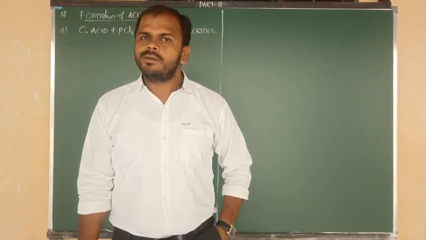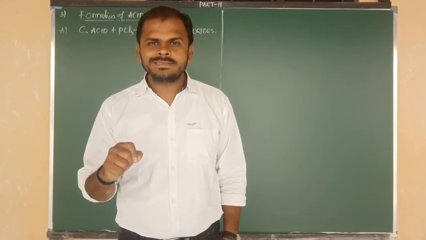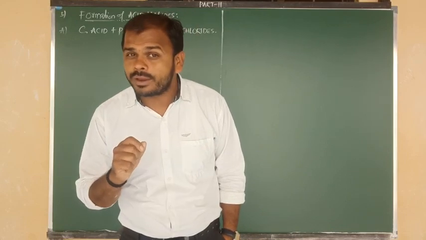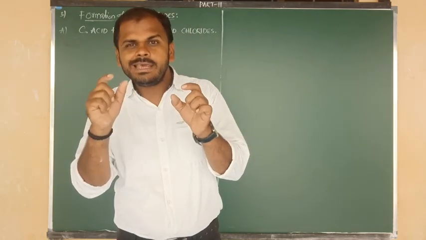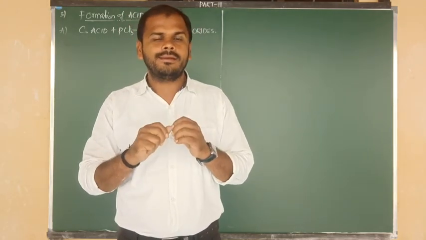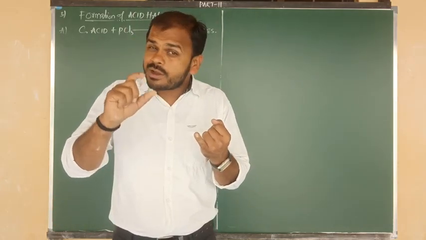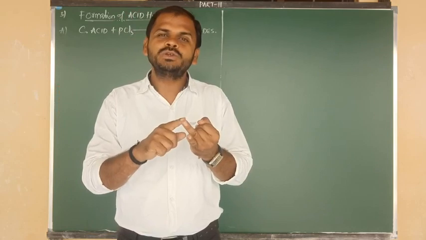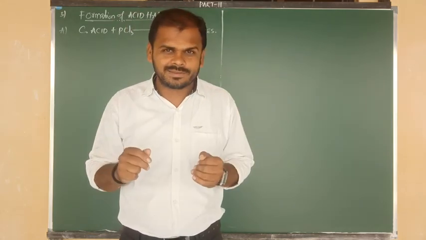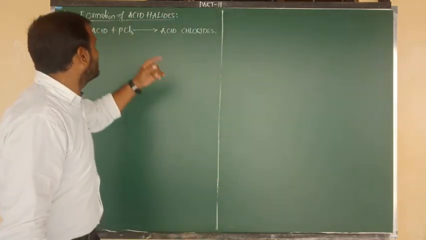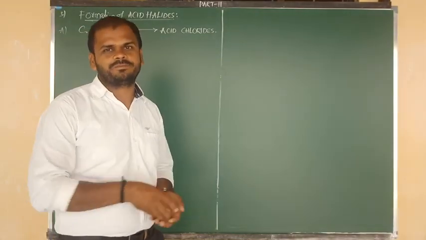In the last part, we discussed the Arthur effect, and reactions of carboxylic acids due to cleavage of the C–O bond. In that category, we have already finished two reactions: number one is formation of acid anhydrides, and number two is formation of acid amides. Two more reactions remain, formation of esters and formation of acid halides, which we are going to finish now.